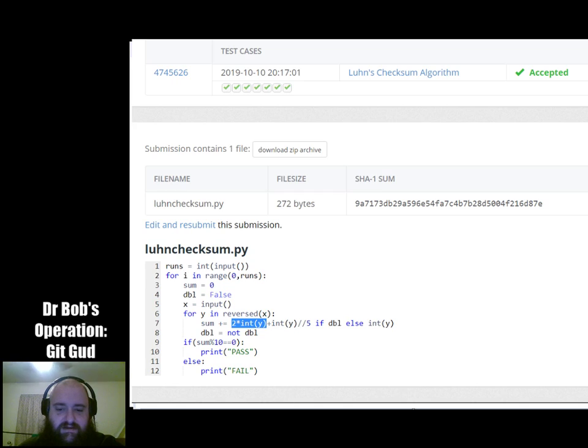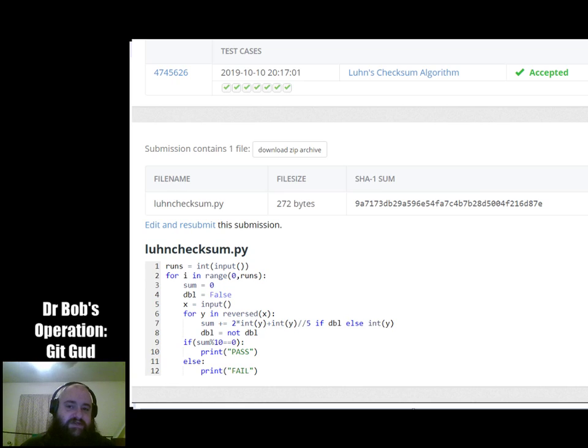y plus the y divided by 5. So it's the integer version of y. These are characters, or actually one character strings, but sure. This converts it to an integer. Now you'll note I didn't actually take it mod 10.